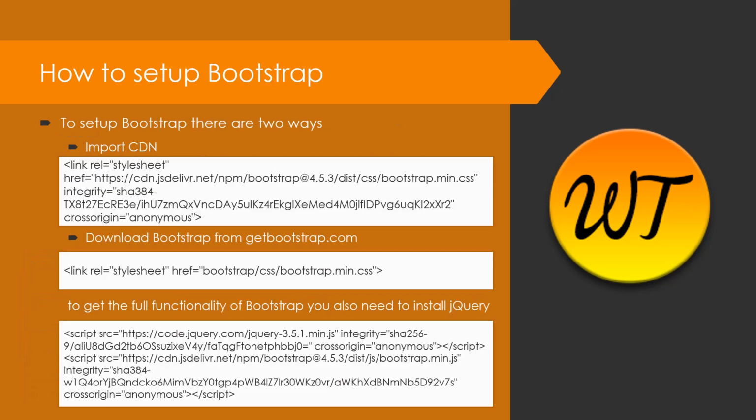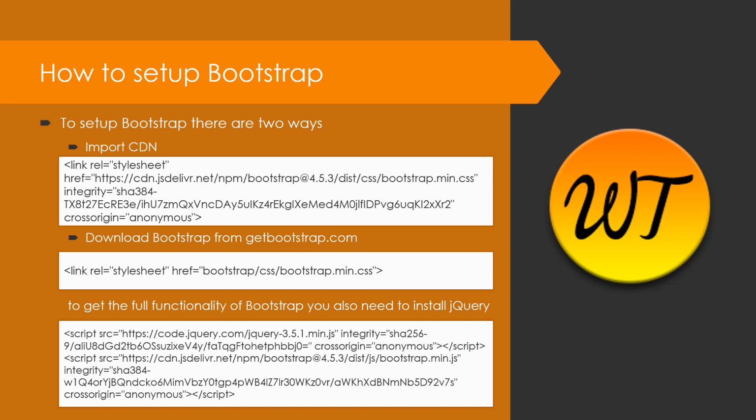How to set up Bootstrap? To set up Bootstrap, there are two ways. One, you can import the CDN, and second, you can download Bootstrap from getbootstrap.com. The best way would be to import the CDN. For the second one, once you download it, you have to extract the zip file. In the zip file, you will have the dist folder.